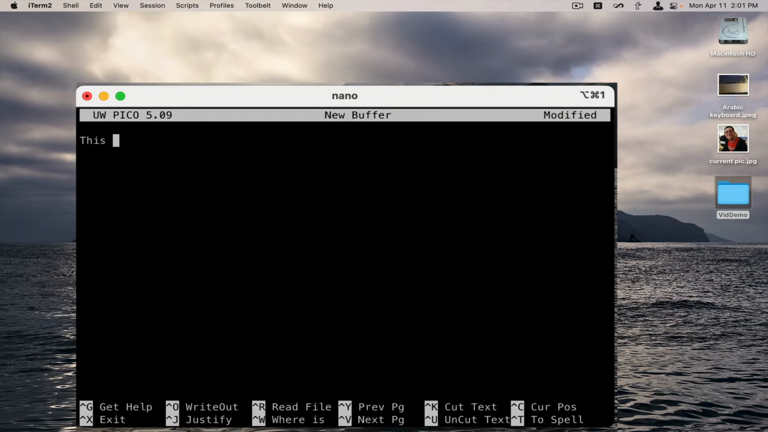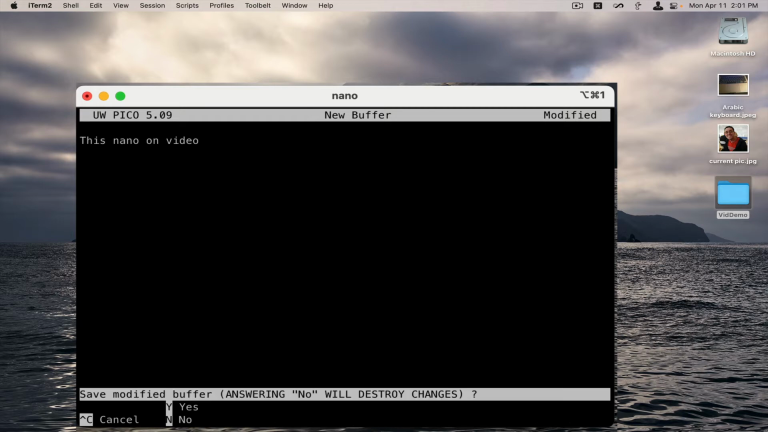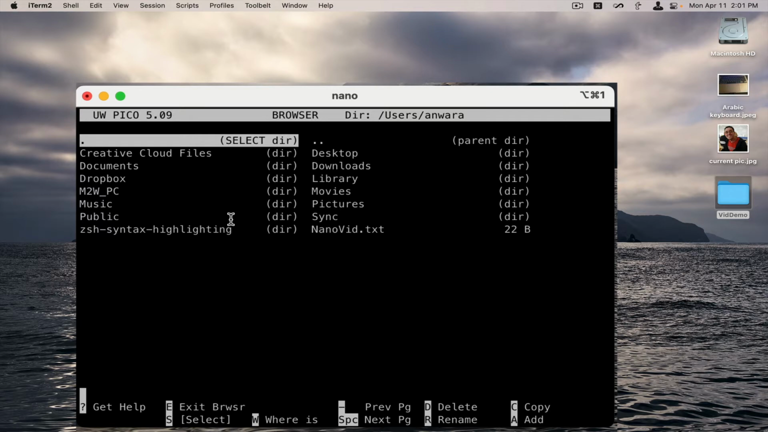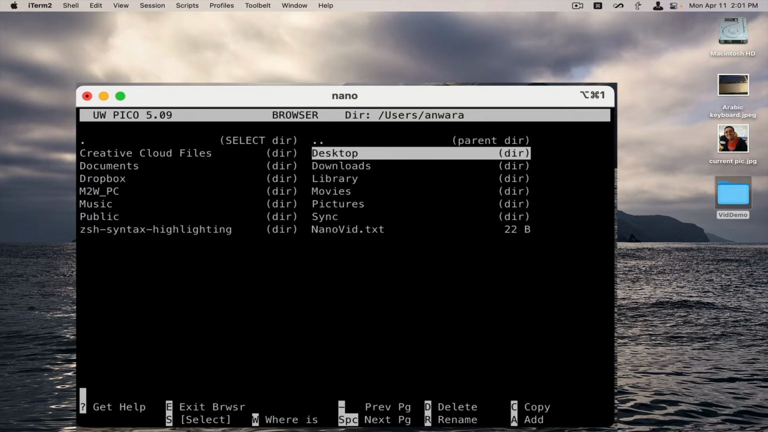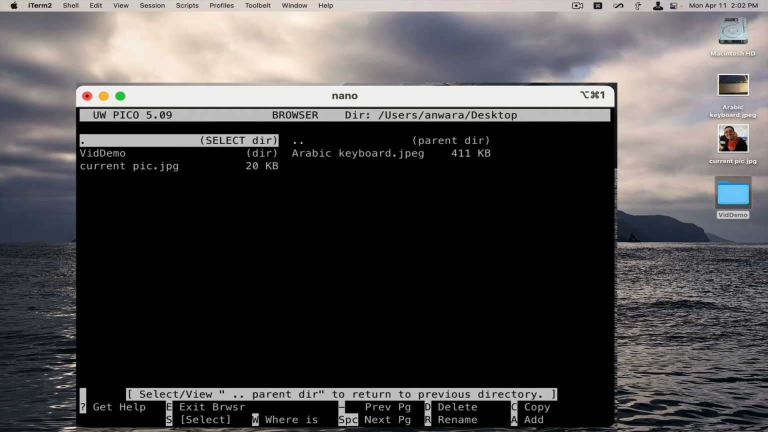This is Nano on video, and then to start the saving process I hit Control X, hit yes or Y, and then Control T, and I'm going to select the desktop, and then select this directory, the video demo,